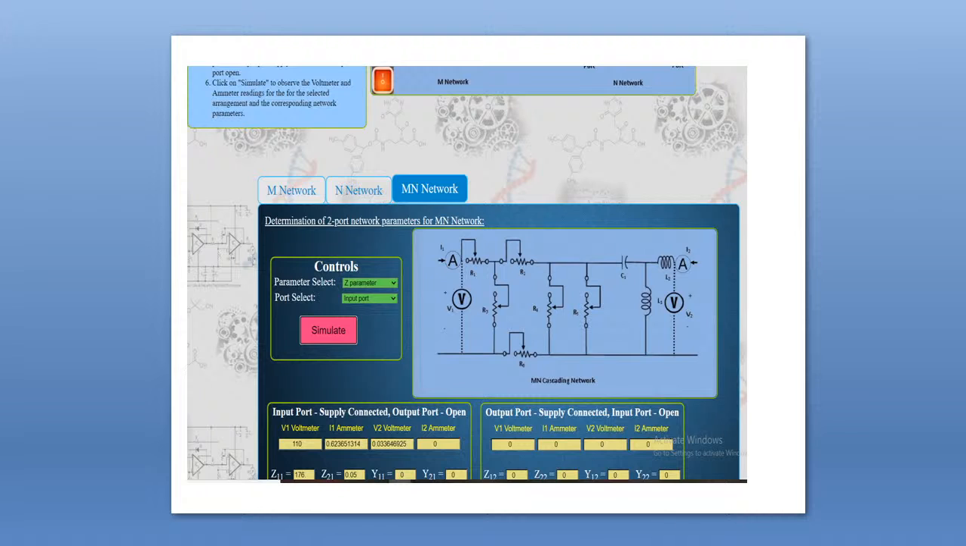Among these, two are driving point impedances, Z11 and Z22, and another two are transfer impedances. One is forward transfer impedance, that is Z21, and another one, Z12, is reverse transfer impedance. Z11 is the input port driving point impedance, Z22 is the output port driving point impedance. Such a type of network is generally used to design filter, matching network,